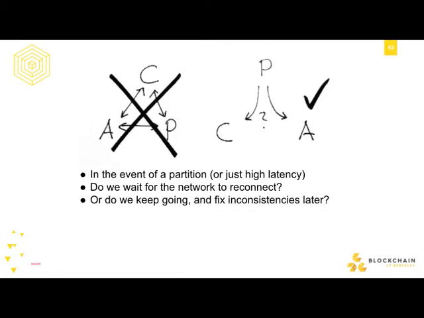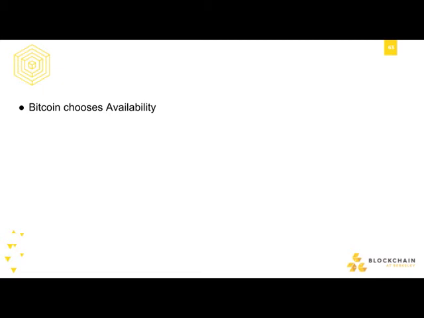And if it turns out that we were on a very small partition and we were creating transactions, the bigger partition continued without us and they made different transactions, and we lose and our transactions don't get included at all. And that's what Bitcoin does, right? So if there's a network partition and America, Europe, and Asia all get disconnected from each other on the internet somehow, each of the continents will keep mining Bitcoin on their own. They'll keep including transactions on their own, and then when all of the networks reconnect, one of those chains will be the longest chain. And everyone who made transactions in all the other chains, those transactions just didn't happen. And I think that's not a great thing.